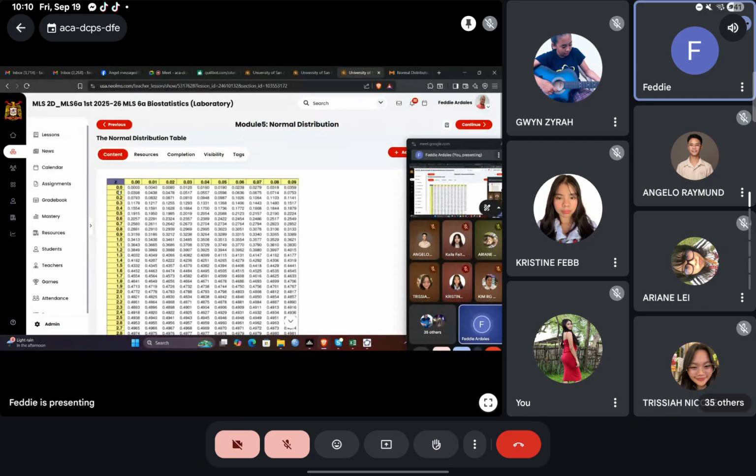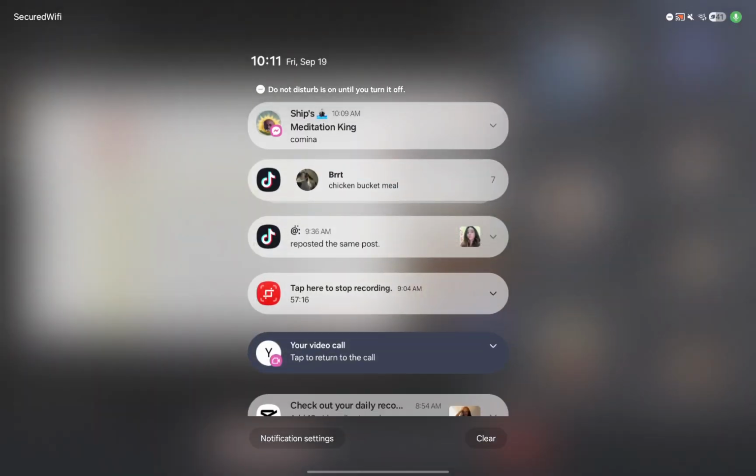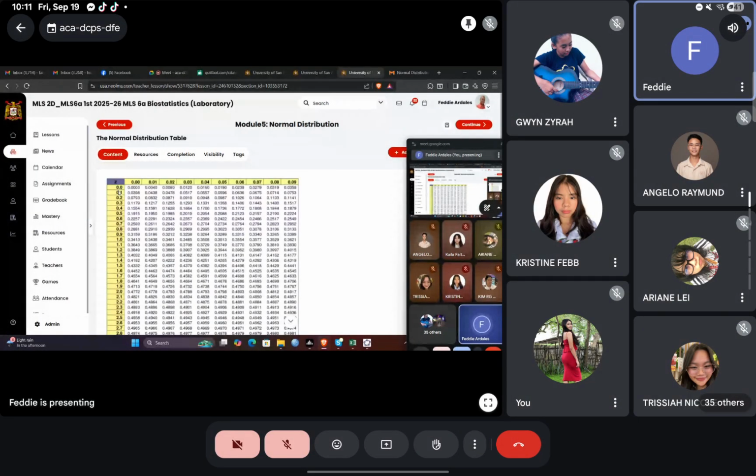This is called a half table, because we know that the normal distribution is symmetric about the mean. The total area is 100% or 1. So the area using this table is just half, meaning this comprises 50%, approximately half of your distribution. That's why when z is 0.00 here, the area is 0.00.